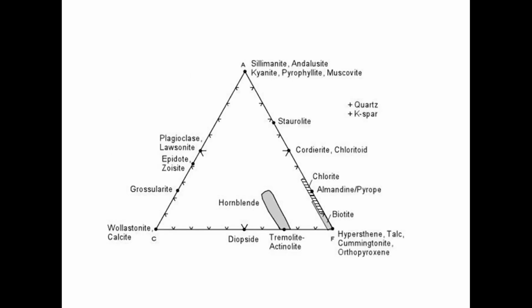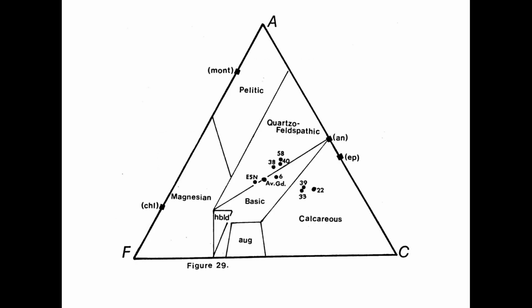The figure that we are seeing right now is an ACF diagram plotting all the minerals in it. But it is not a valid chemographic diagram. Why? Because it doesn't include any tie lines in it. So we cannot say the minerals are stable at any particular temperature or pressure condition. This is the exact compatibility diagram of ACF, where we have valid tie lines to denote the temperature and pressure conditions at which various minerals are stable.